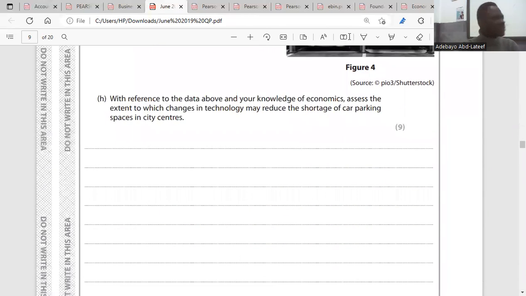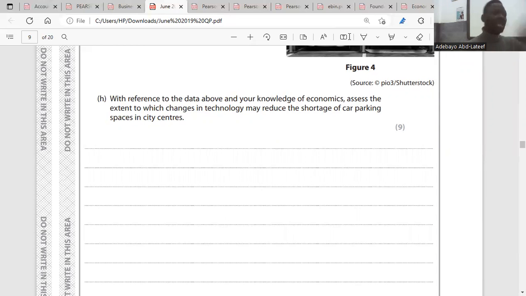So, with reference to this information and your knowledge about economics, assess the extent to which changes in technology will reduce the shortage of car parking spaces in city centers. First, without the use of technology, the demand for parking space will increase. Yes or no? So now there's technology. What is technology going to do? Technology is going to make it easier to have more parking space at a reduced cost,